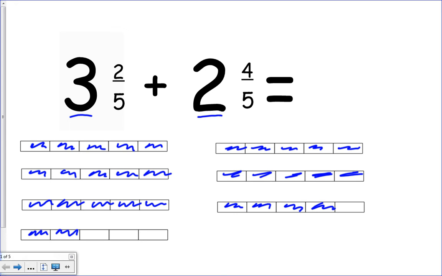I am going to solve it the traditional way, or a standard algorithm, but let's solve it this way first. So it looks like I have, and I'm counting in fifths, by the way. This one we have a common denominator, so let's count in fifths. Here's 5, 10, 15, 20, 25 fifths. I'm going to leave myself a note. I have 25 fifths worth of wholes, and then I have 1, 2, 3, 4, 5, 6 fifths in the fraction part. So I could reduce that, or it's no,